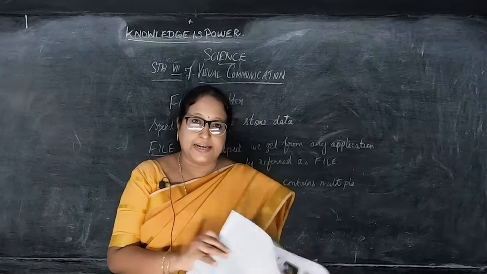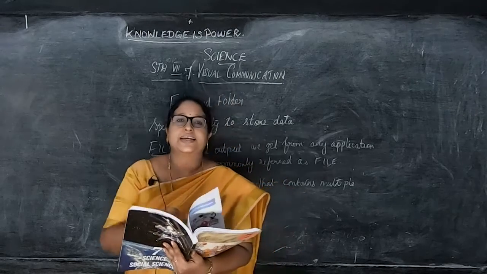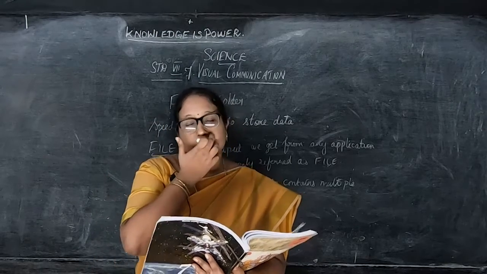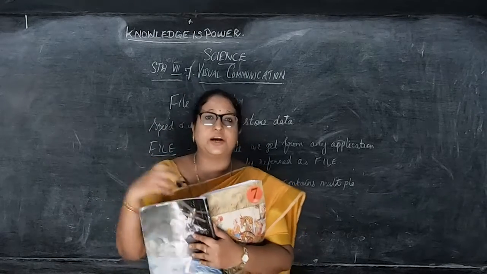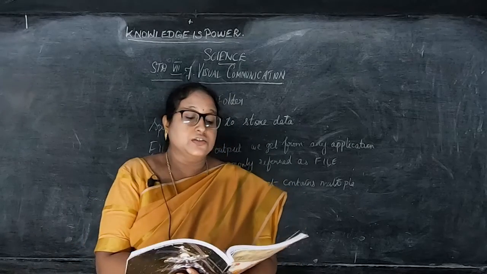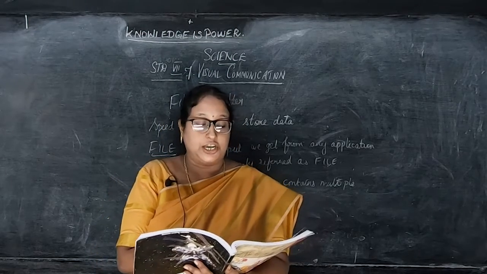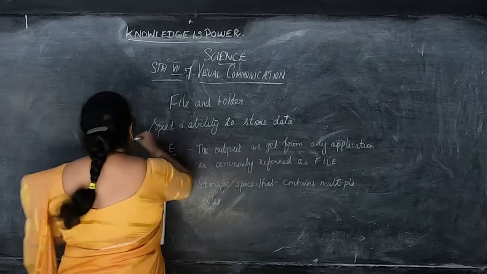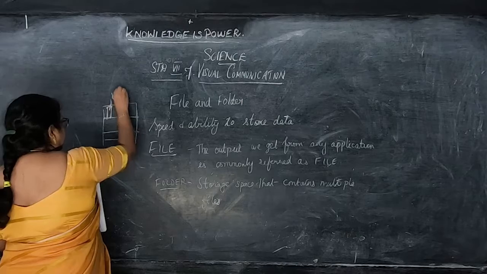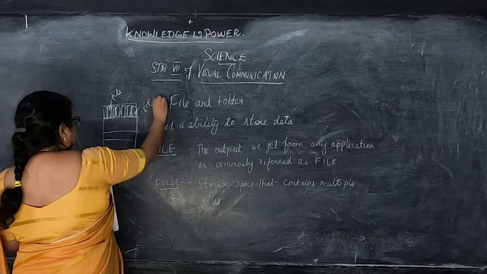Or for clear understanding, we can take the example of a bookshelf in a library. So many have seen the library, in the schools also you have seen the library. How the libraries will be, there will be bookshelves, and the books will be kept there, arranged. So the individual book can be considered as a file, and the whole set of books in a shelf can be considered as a folder. So if you take a library, the bookshelf will be like this. Then if you keep one book, that is a file. And if you keep many books inside this shelf, this is a folder, okay.